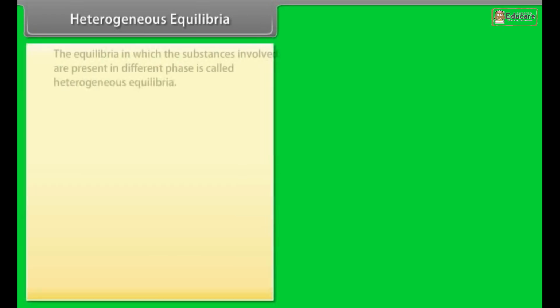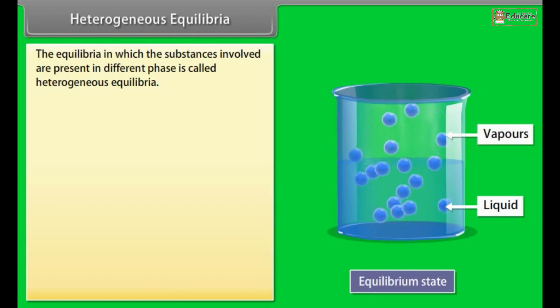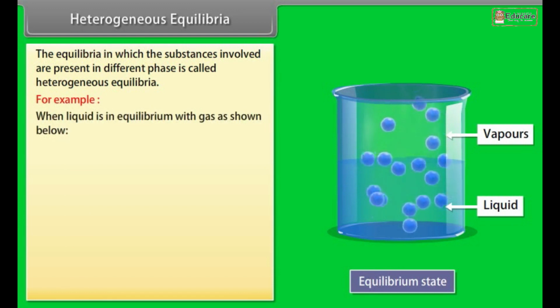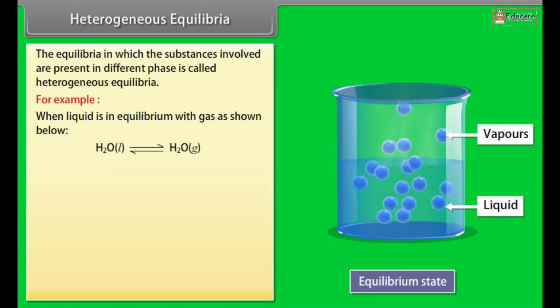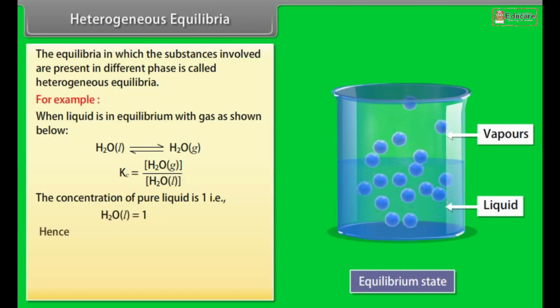Heterogeneous equilibria. The equilibria in which the substances involved are present in different phases are called heterogeneous equilibria. For example, when liquid is in equilibrium with gas as shown below, the equilibrium constant is given by the following. The concentration of a pure liquid is 1, that is, H2O in liquid form is equal to 1. Hence,